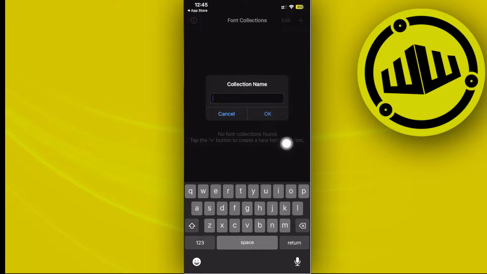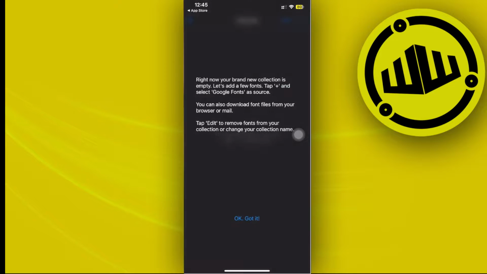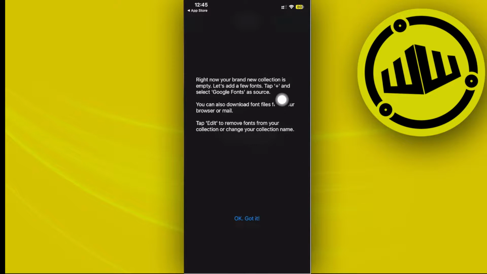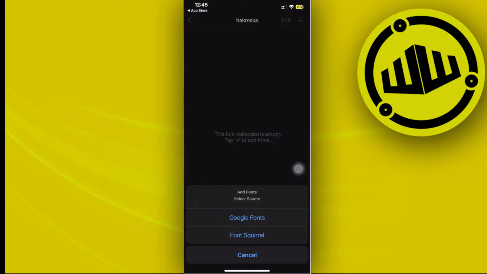Once you're already here, as you see, we actually go ahead and now proceed with adding some fonts or basically creating a collection. So in this case, I'm going to go ahead and maybe just type in some random letters, tap on OK, and that's going to be the name of my collection. The next step is to tap on the plus icon again and add Google Fonts as a source. But basically there are going to be some on-screen instructions on here and a quick guide for you to basically not get lost. So from here, let's tap on OK, got it,